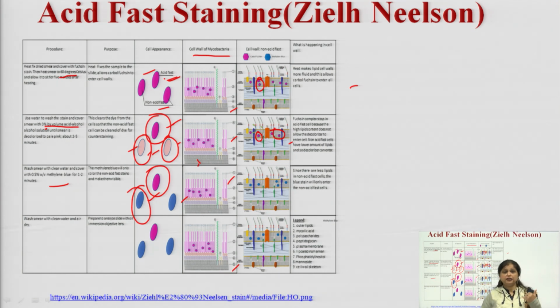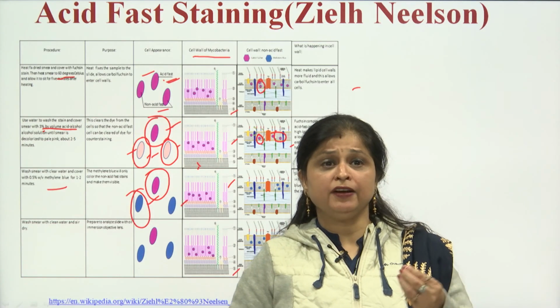I told you that staining techniques are further divided into two parts: simple staining and differential staining. In simple staining, I told you about the difference between positive staining and negative staining. In simple staining, we only add a single reagent to the slide, and that single reagent either colors the cell structure or colors the background. If it colors the cell structure, then it is positive staining, and if the cells are observed as transparent and the background gets colored, then it is negative staining.